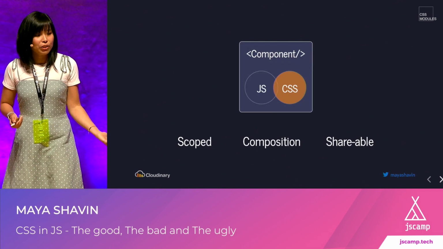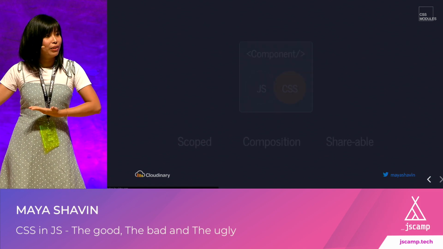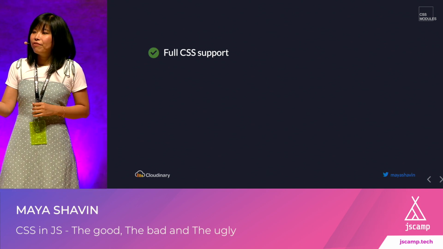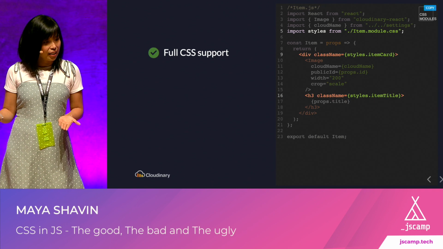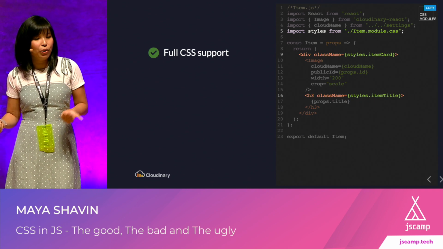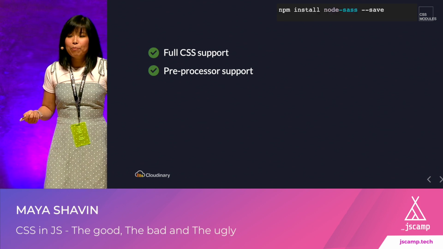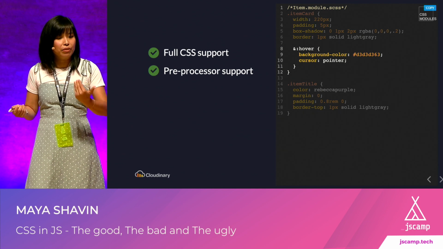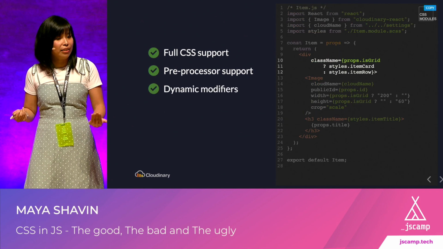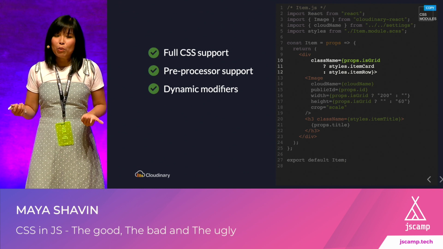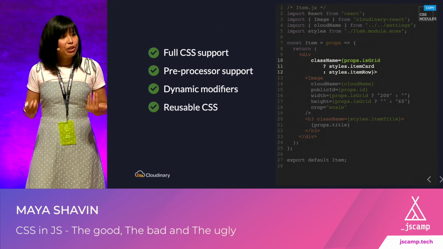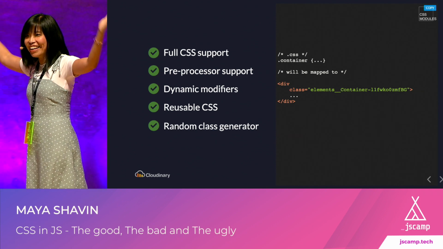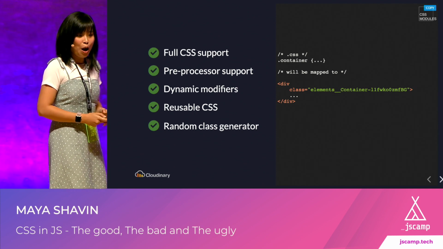And it's scoped, composable, and shareable, because with CSS you can always share it. It also has full support, because you can just import it and use it as a class name. It has preprocessor support, where you can install the NPM dependency and write normal Sass code or Less code. It has dynamic modifiers by passing props. It's reusable, of course. And a random class generator, yay! You don't need to deal with naming. But